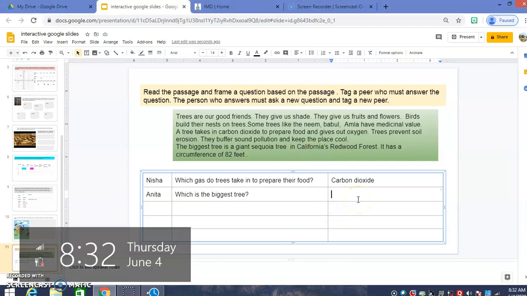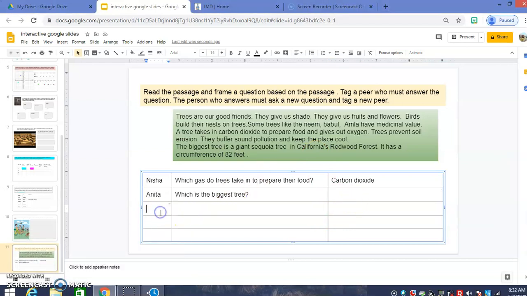She will tag another friend here. So she will write her answer here, giant sequoia tree, and she will tag another friend, say Rahim, and she'll have a question for Rahim there.